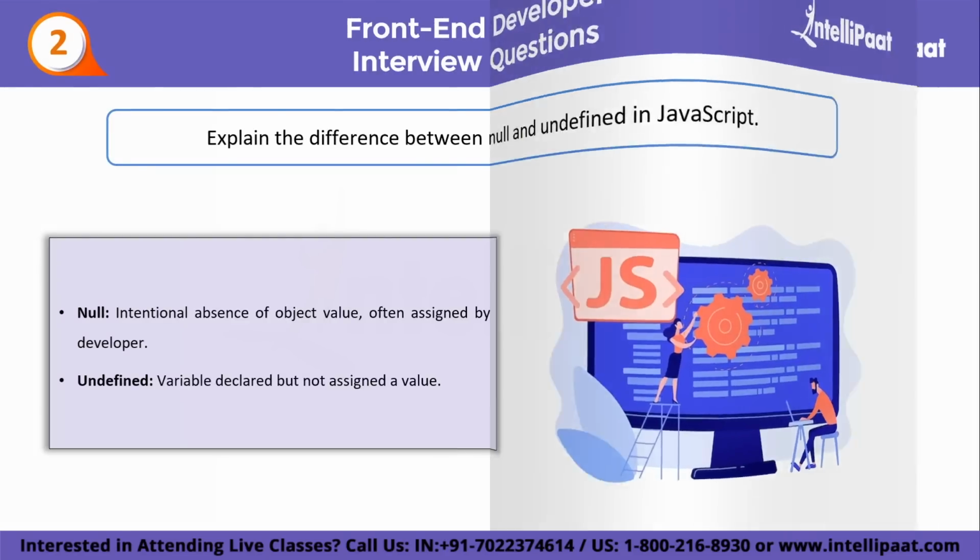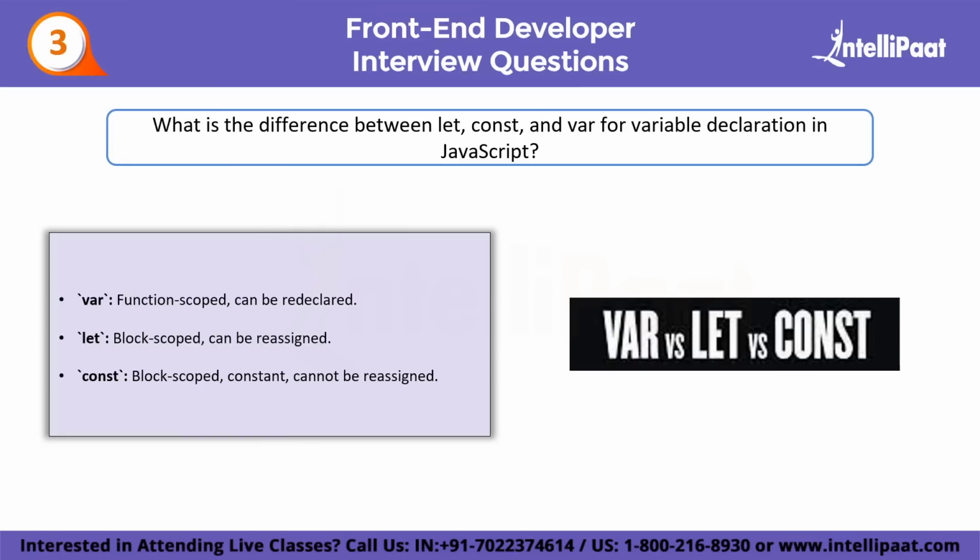Now the next question is, what is the difference between let, const, and var for variable declaration in JavaScript? The answer to this question would be, var is an older way of declaring variables in JavaScript. Variables declared with var have functional scope, which means that they are accessible within the function where they are declared. The variables which are declared with var can be reassigned and updated. These variables are hoisted, which means they are moved to the top of their scope and can be used before